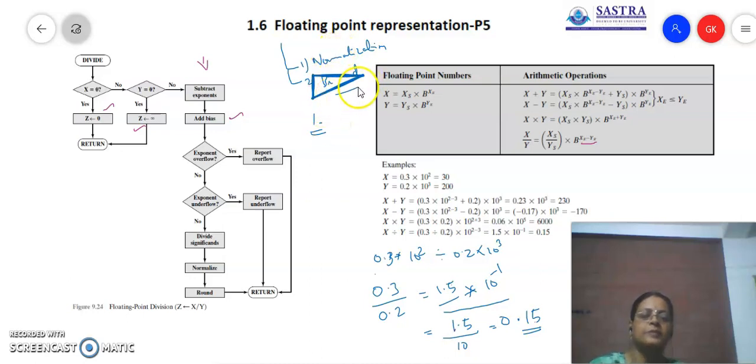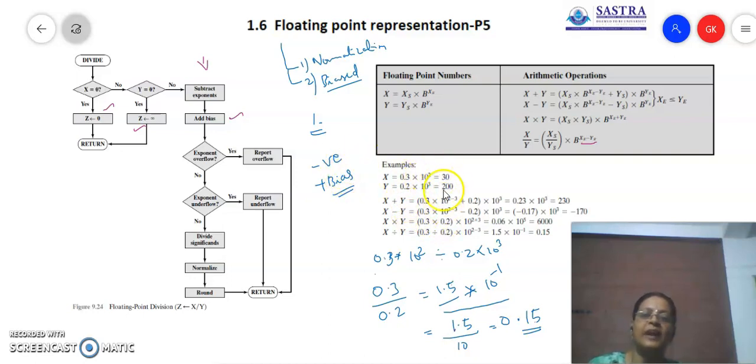Coming to the exponent part, we have provision only to store the sign of the significand. We don't have any bit reserved for storing the sign of the exponent. So we never want the exponent to be negative. We have to always keep the exponent positive. In case negative exponents are there, they have to be converted to positive. So uniformly we add the bias value to the exponent so that the exponent is always positive. And when we add bias, the bias has to be adjusted when getting the answer.